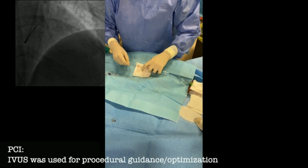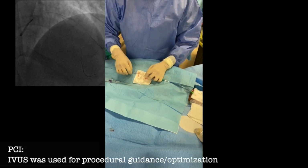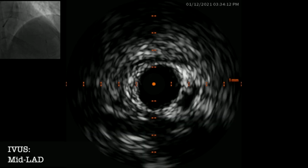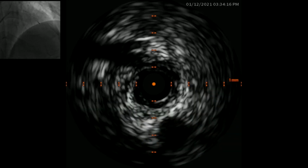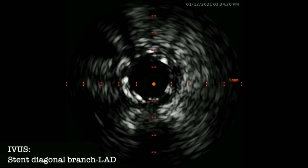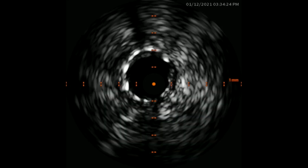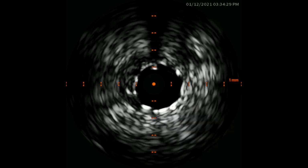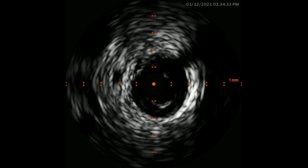Then, of course, imaging might be good, especially, I would say, not to check the result of the segment you have treated with balloons, because we will discuss this later, but to make sure that the stent is well opposed. You have seen that thrombosis is more frequent after stenting than after ballooning. And you see that the stent is well opposed, and this is the proximal part of the LAD,